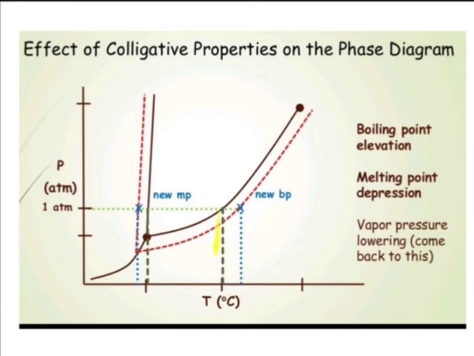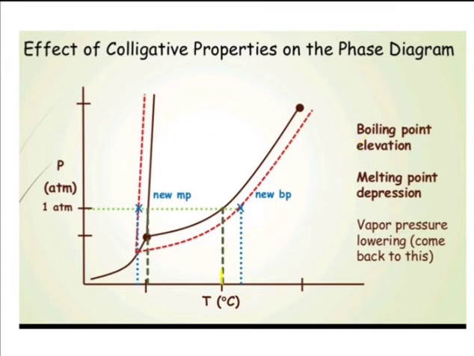Initial temperature is here. T degree Celsius shows the initial temperature, but when we have added the solute to the solvent, then you can measure the boiling point, it will be elevated and its temperature is slightly greater. So this is the boiling point elevation. This part shows the elevation in the boiling point.